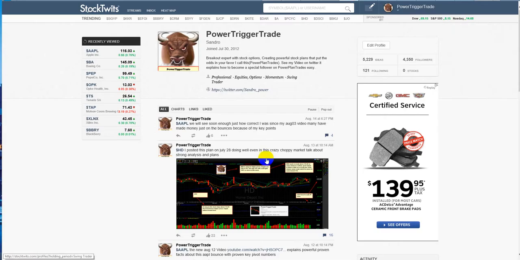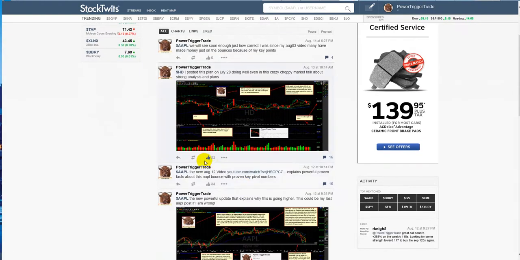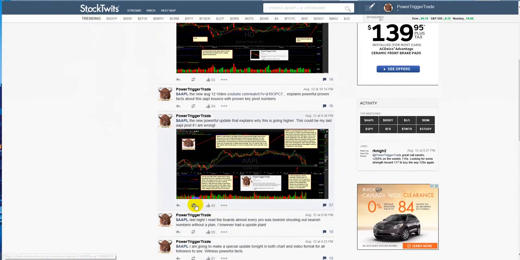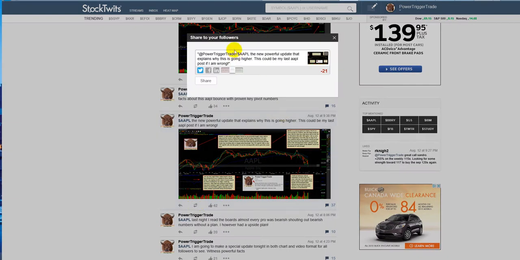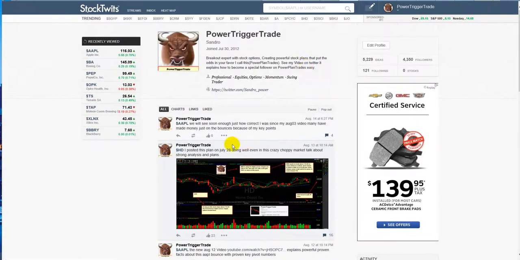So another thing to consider is the share. Let's click on this. Let's say you wanted to share this. You click share, and you erase certain things. You leave the Power Trigger Trade. You erase certain things and make sure that the number is not a negative number, and then you hit share. It doesn't take long. Now, another thing about share on StockTwits: you don't want to just share and have everyone take turns, but I'm saying everybody could be looking to check if it's being shared or not.